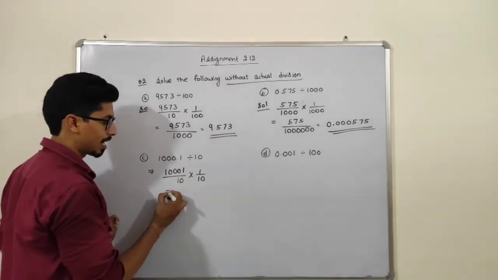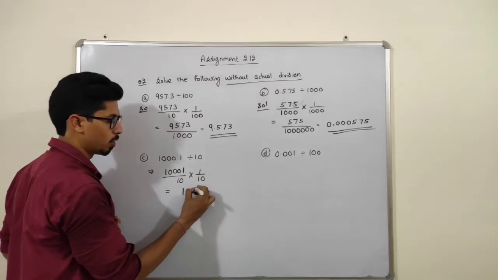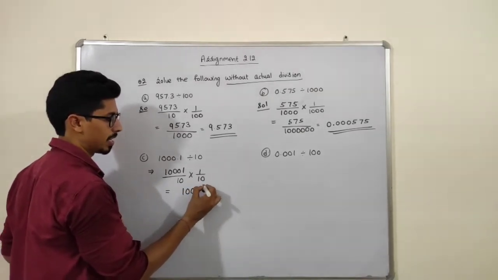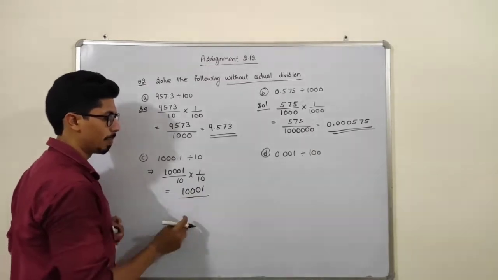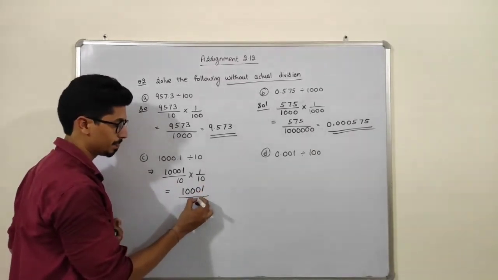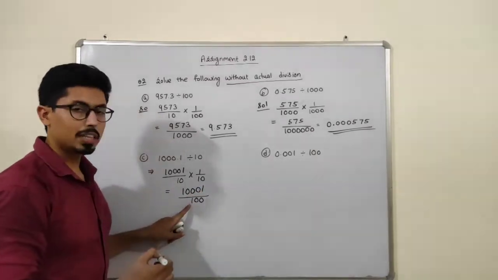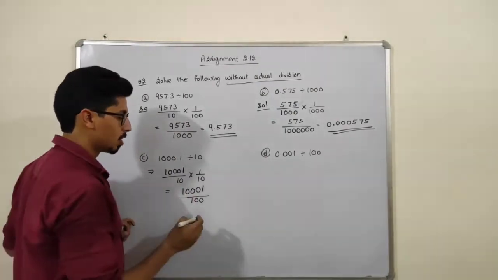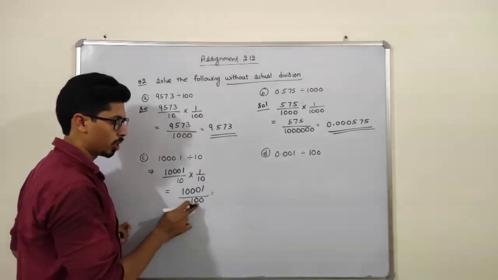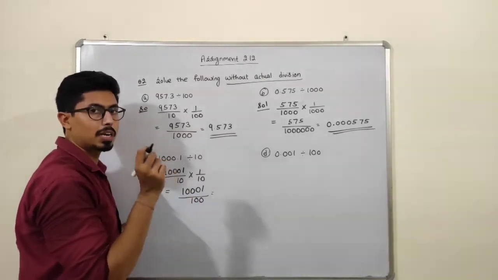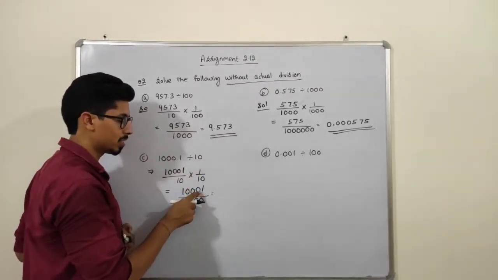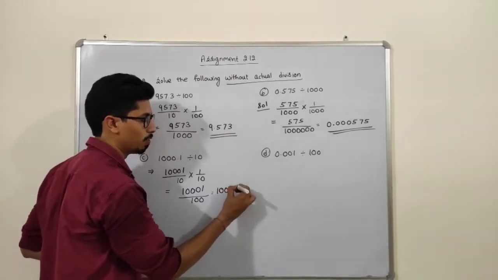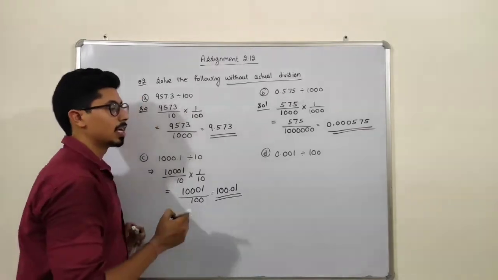Now again students, 3 zeros and 1 as it is. Now in the denominator 10 and 10 will be 100. Now again the denominator is a multiple of 10, so no need to cancel the numbers. So 2 zeros are there, so we have to put the decimal before 2 digits. So this and this number. So it will be 100 as it is, 0.01. Okay. So this is our answer.